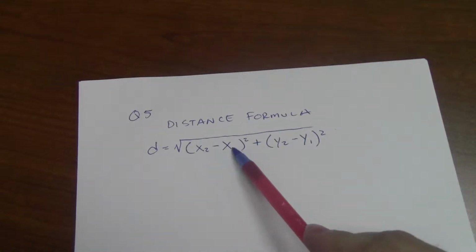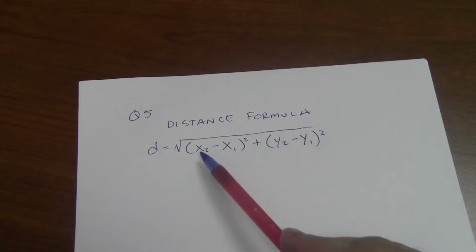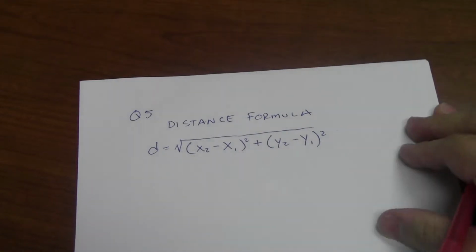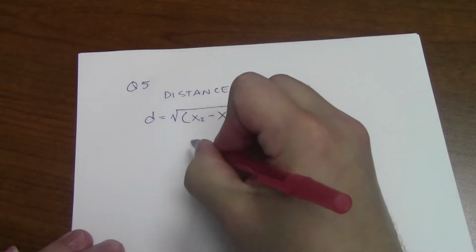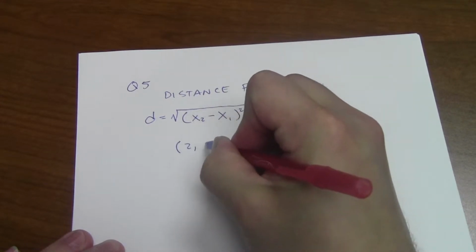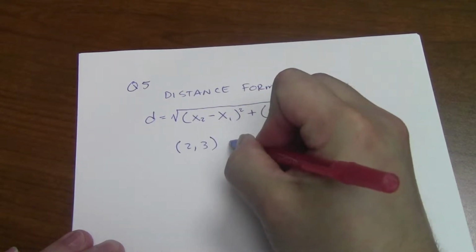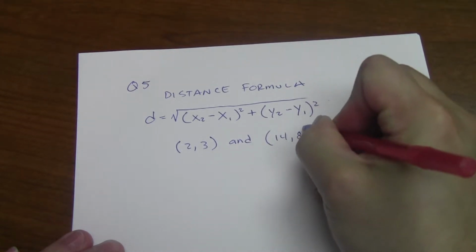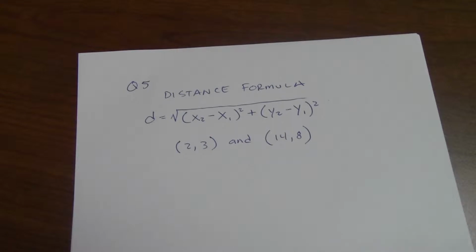All they're looking for are plotted points, so x and y. So once we know the x and y's, all we do is just plug it in and then just solve for it. So it's pretty simple. So let's do an example. If I have points 2, 3, and I have points 14, 8,